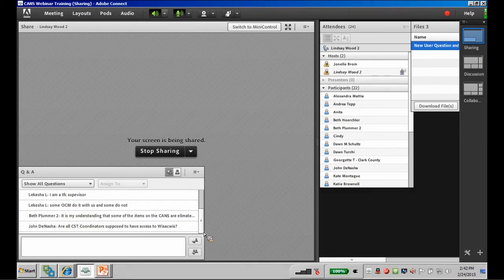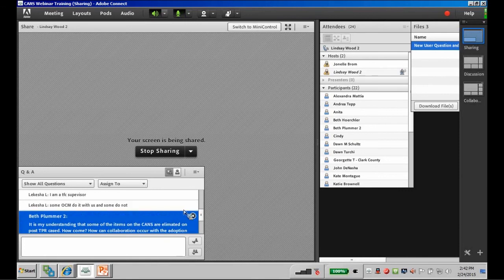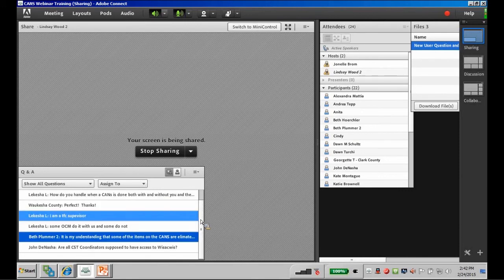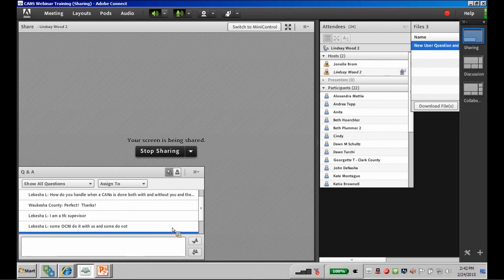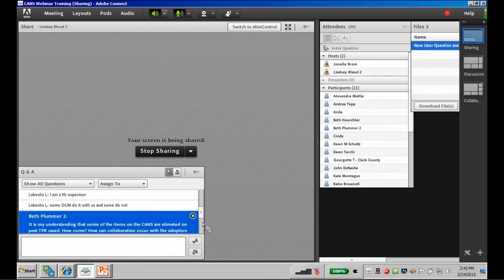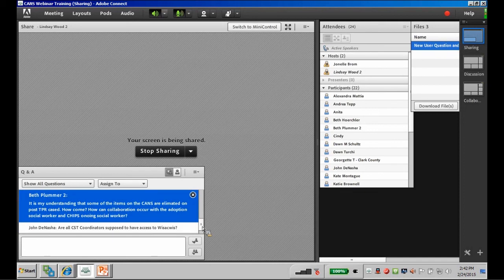But there is likely, because people are coming from different places with the CANS, there is likely disagreement on particular items. And actually that's where teams should focus their attention, because if you don't agree on what the intervention is or what the level of action that you need to take as a group on a particular need for a child, then how do you agree on what services you're putting in place and what intervention needs to happen? Those are critical points for you to have a discussion as a team.